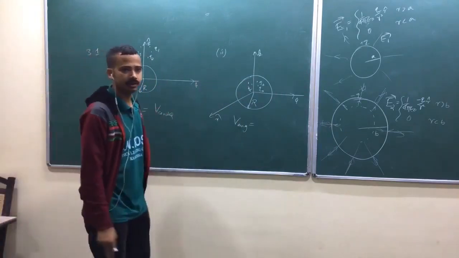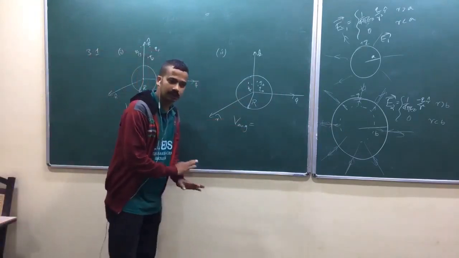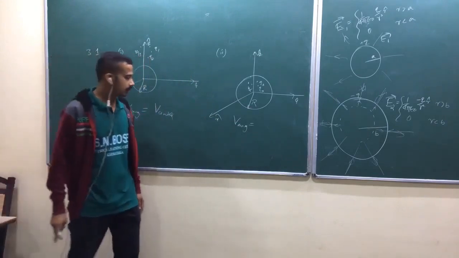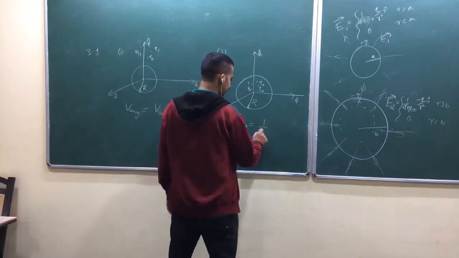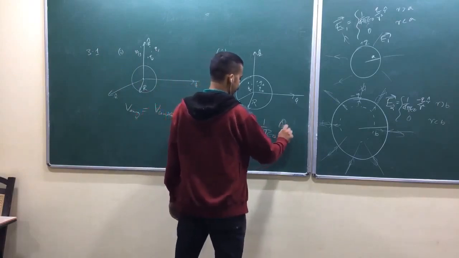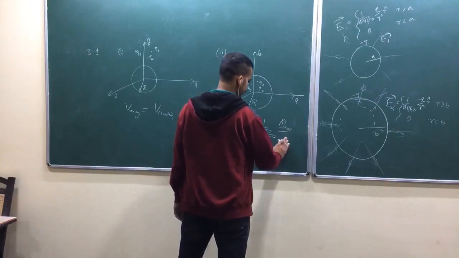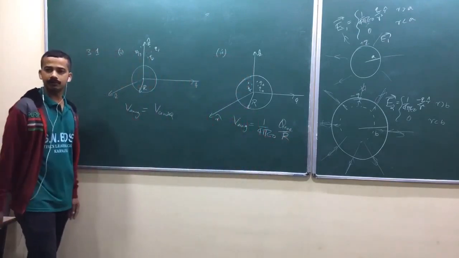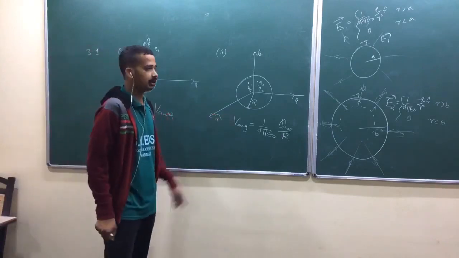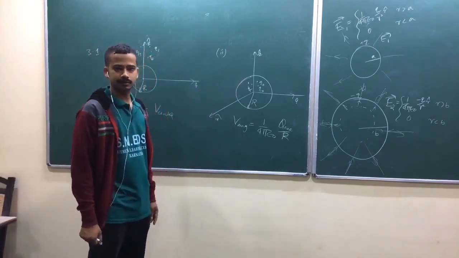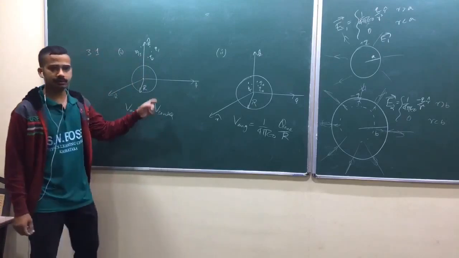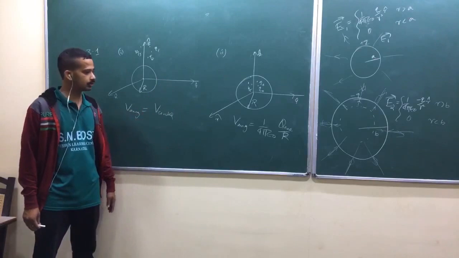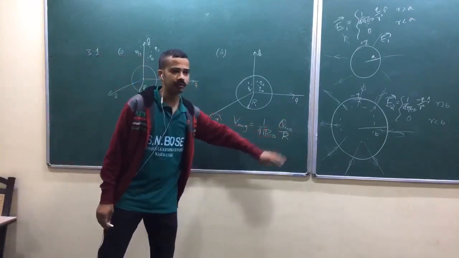So there are many other charges like that. You can just, because potential also follows the superposition principle, V1 plus V2 plus V3 like that. Is that okay? Now look at here. V average is equal to 1 by 4 pi epsilon naught times a constant. The average of the potential is not equal to the potential at the center due to charges. So this is the potential at the center due to outside charges. Is that okay? Potential at the center due to outside charges. Now this V average is equal to this one.